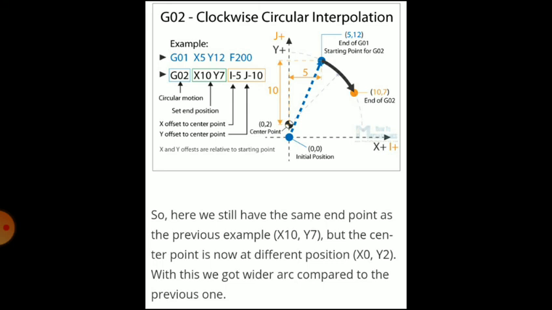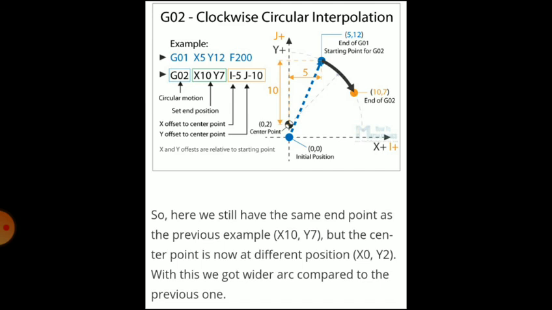So you can see there is a starting point for G02, that is 5,12, and the end of G02, that is the end of the arc, is 10,7. So this direction is a clockwise direction. To move the tool in a clockwise direction, you have to use G02. So G02 means circular interpolation, the machining operation is carried out, and it is a clockwise rotation of the tool. So it is a clockwise circular motion using two axes in a single program block.